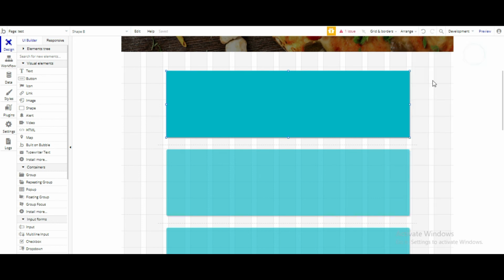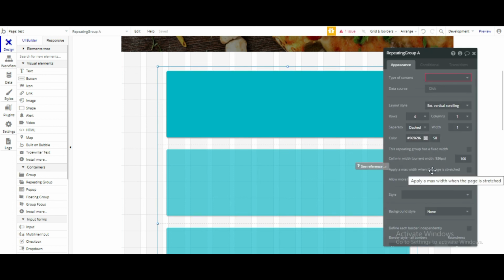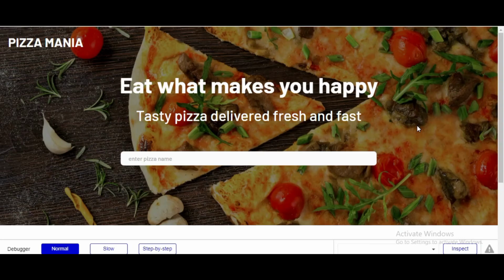So this is our shape and this is a repeating group. Now let's go to preview and let's see our website update. So you are seeing that we are not able to see the repeating group. Wonder why? That is because the box or that group will only show when we are telling it to show. Right now, as there is no data, so there is no reason for the group to repeat. We haven't told it what to repeat or what to show. So this is where we get that linkage between creating a template and then filling the template and then repeating it.